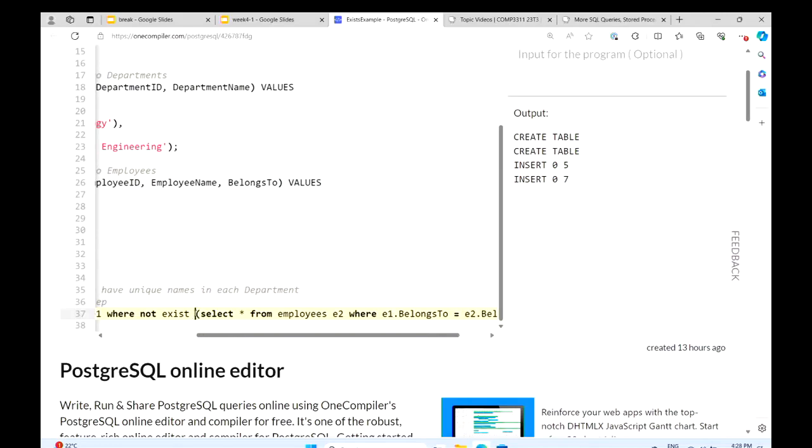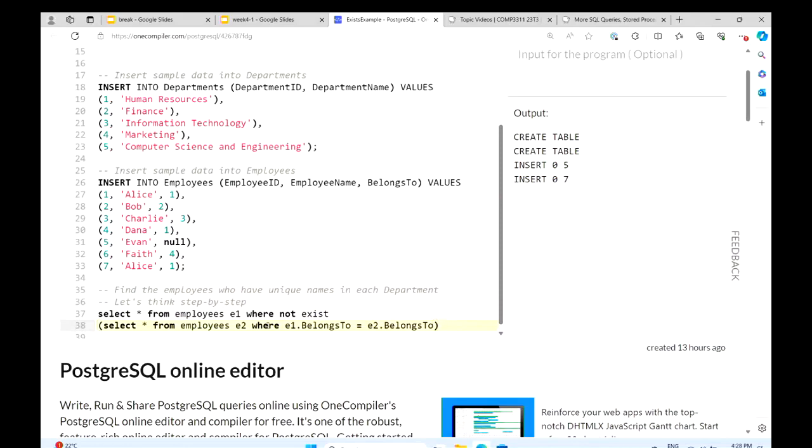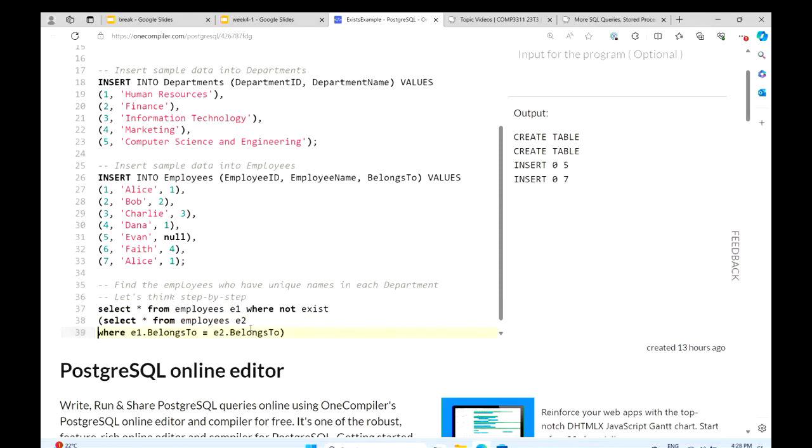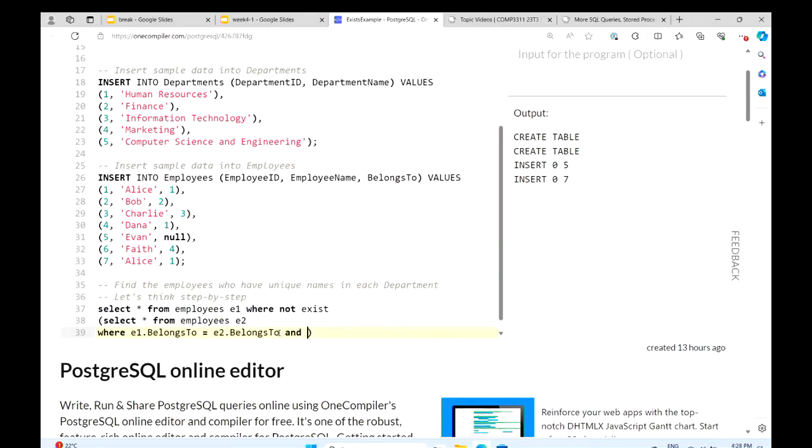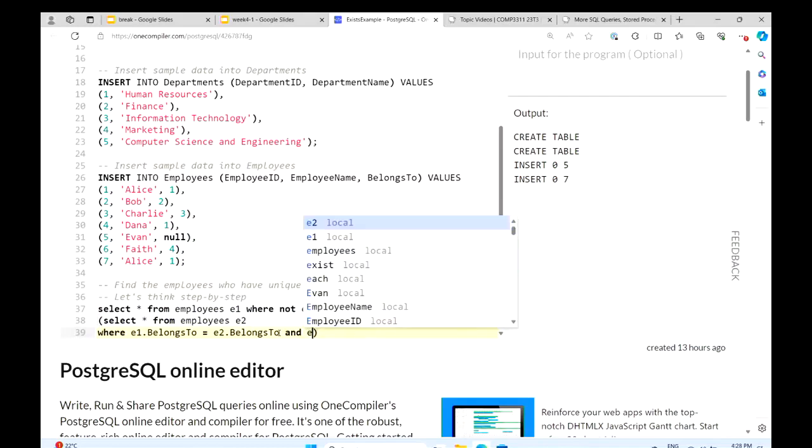So where they belong to the same department and they have the same name.